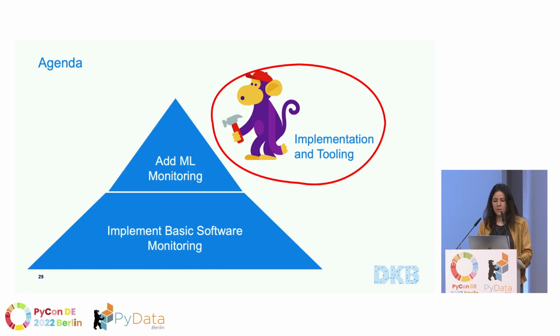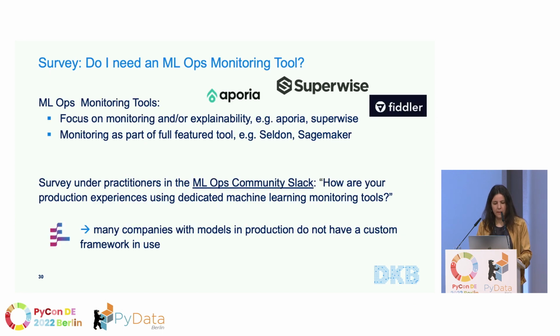Okay, some hints on how to implement these ML metrics. Do you need a machine learning monitoring tool? There's a bunch of them on the market. There are full-featured tools, SageMaker, Seldon, and then there are special ones just for monitoring. I'm in contact with many MLOps practitioners, and I try to find out what they're doing. And it appears to me that everybody is kind of interested, but not fully convinced that this is needed